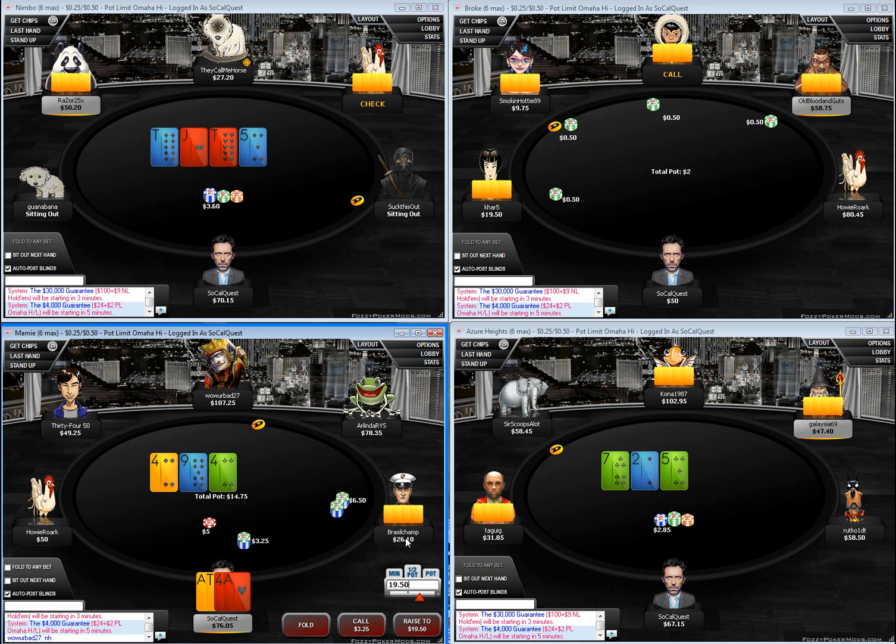Okay, so Brazil champ min races us here. So I think we're looking at 4x usually, occasionally some air because we're betting these boards a lot, and fours full of nines or nines full. Hopefully he doesn't have nine full because we only have two outs against that hand, and we don't want to overplay here because